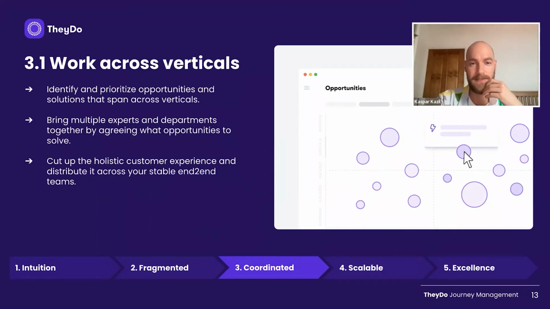Another thing that really helps is, we have this matrix, of course, in TheyDo that you can use to score opportunities in relation to each other. And that's really important because by that, you actually create a benchmark and a reference frame that you can use to score them in relation to each other, which of course is very important because if you have multiple teams and they all come up with their own opportunities, what is the communal frame of reference that you have when you score them? Well, actually the opportunities themselves can become this reference frame. So that makes sure that a rating of 80% for one team is also a rating of 80% for the other team.